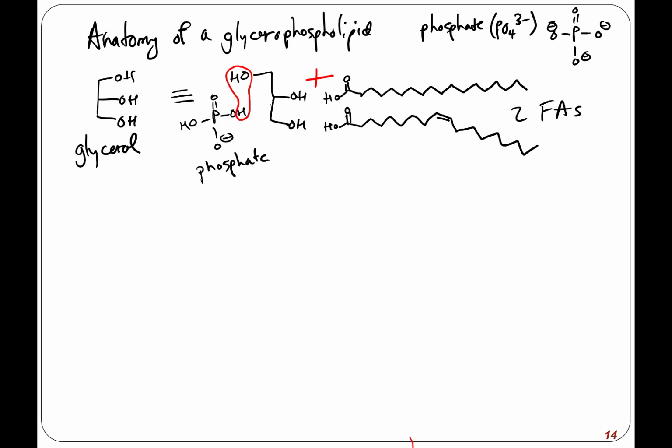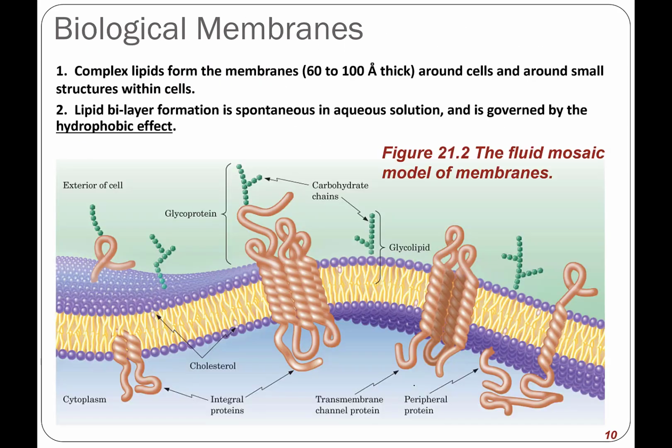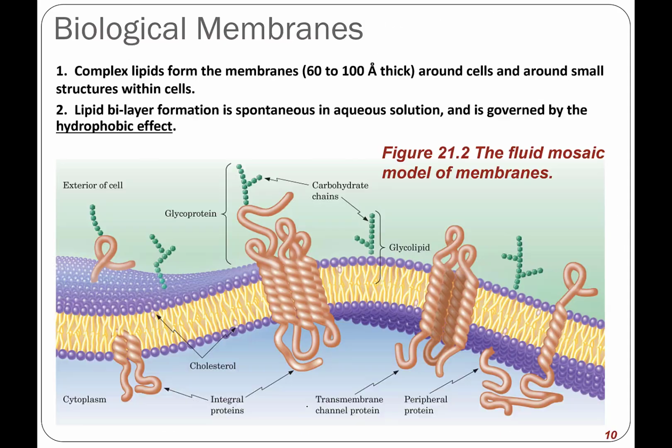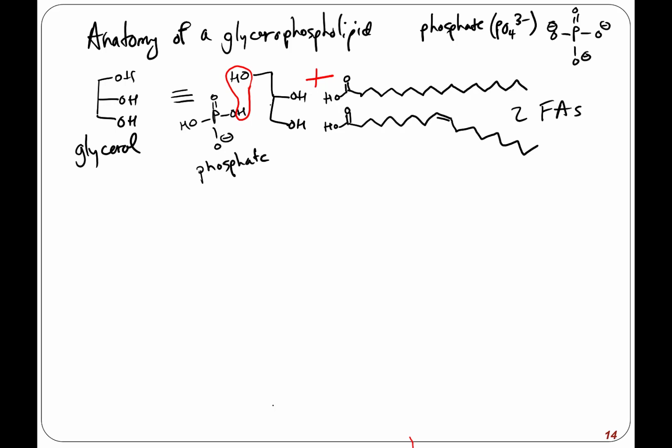And then the other thing, remember, I want to come back here and point this out to show you where we are, right? The alcohol backbone was glycerol, the number of fatty acid chains, 2. Then we had our phosphate, so I drew that. And now there's an alcohol. Now, I want to give you the possible alcohols, and that's going to have to be another aside here, but that's okay. 3 possible alcohols